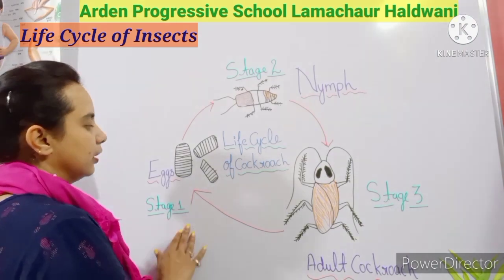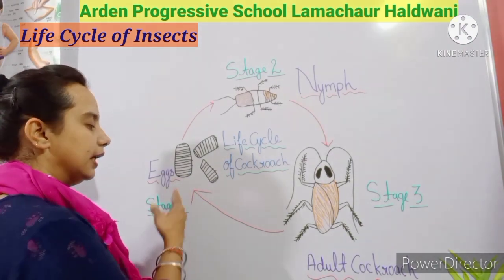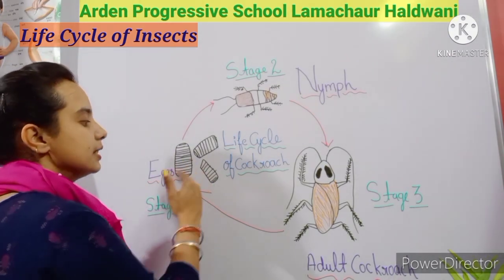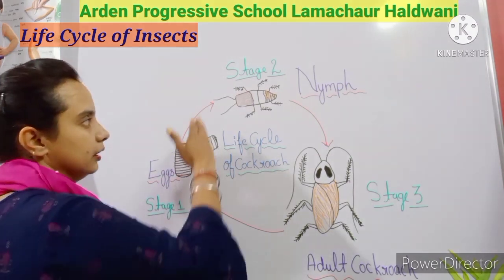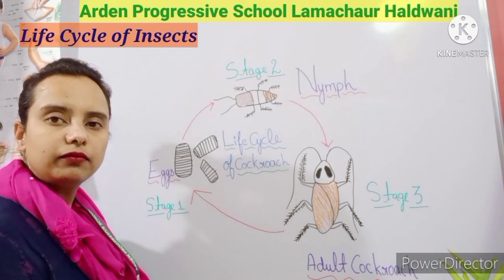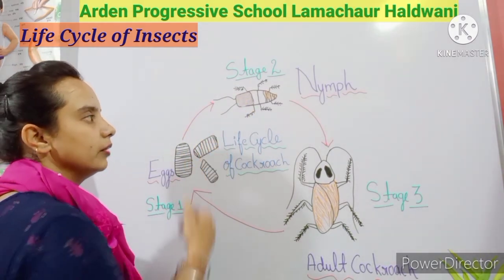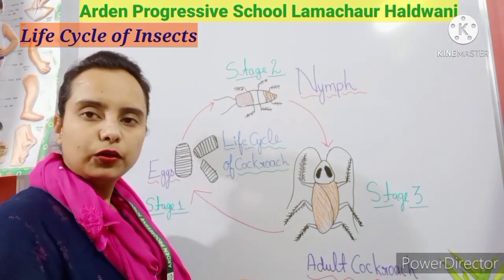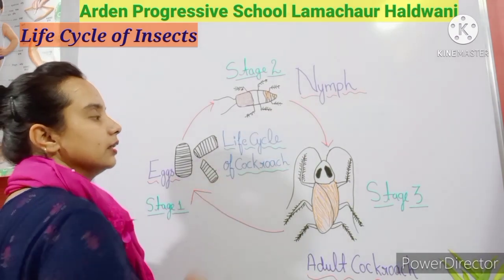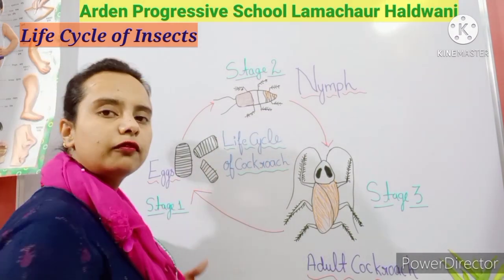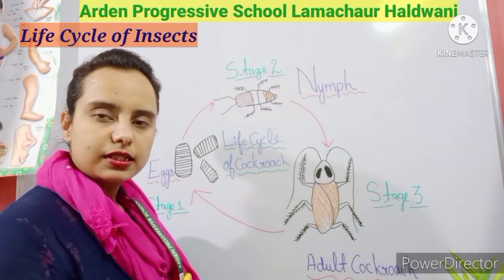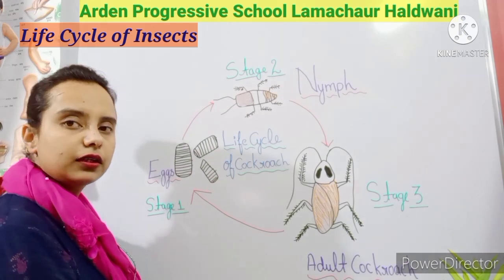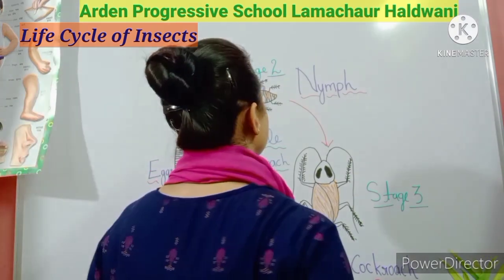In stage 1, the female cockroach lays eggs, and after 3-4 days or a week, these eggs hatch and then the nymph develops. The nymph comes out from the egg, and this stage continues for a few weeks. During this period the nymph sheds its skin 3-4 times, and the process by which the baby insects shed their skin is known as molting,